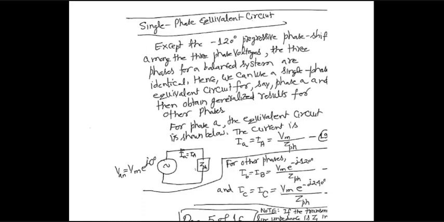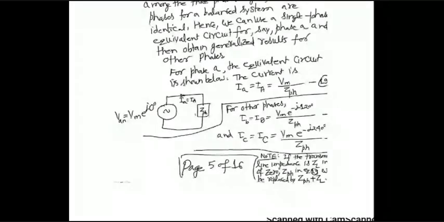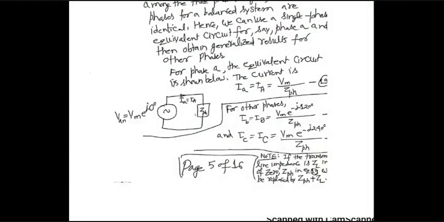Okay, you can draw a similar circuit for phase B, and then the equation for IB would be what is shown here. The equation number has been missed in scanning, but please live with it. And similarly for phase C also, same thing. Only change will be in the phase value for other phases.